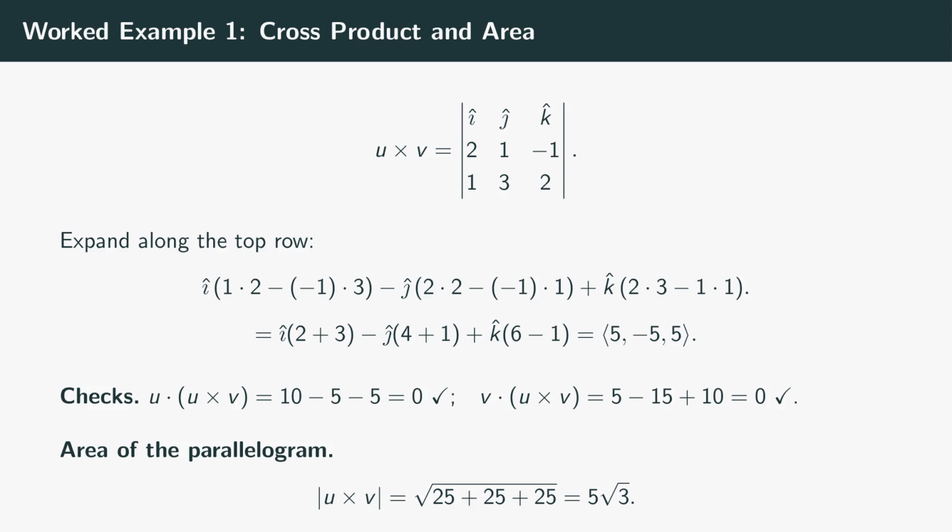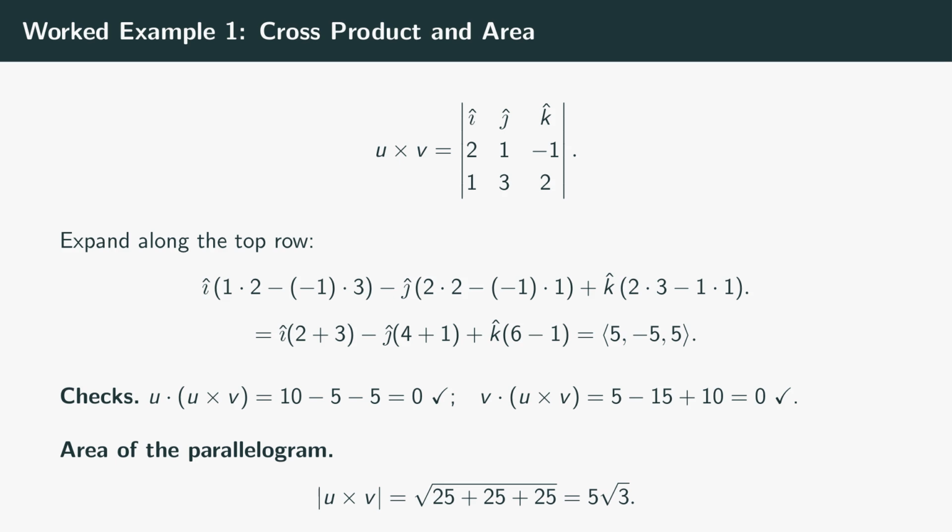Let's compute one. Take u equal to the vector 2, 1, negative 1, and v equal to the vector 1, 3, 2. Set up the determinant with i, j, k on top, u on the second row, v on the third. Expand along the top. The i component is 1 times 2 minus negative 1 times 3, that is 2 plus 3, which is 5. The j component carries a minus sign in front, minus the quantity 2 times 2 minus negative 1 times 1,